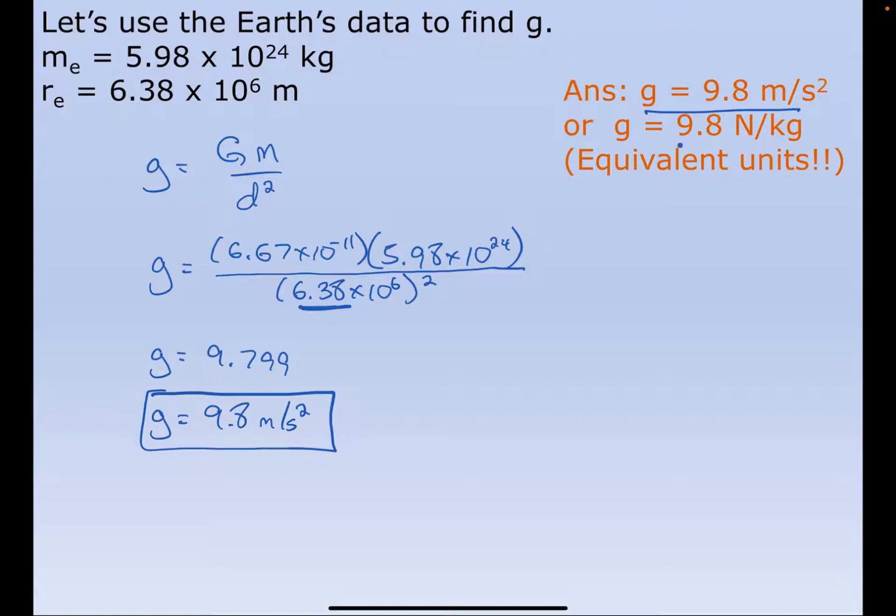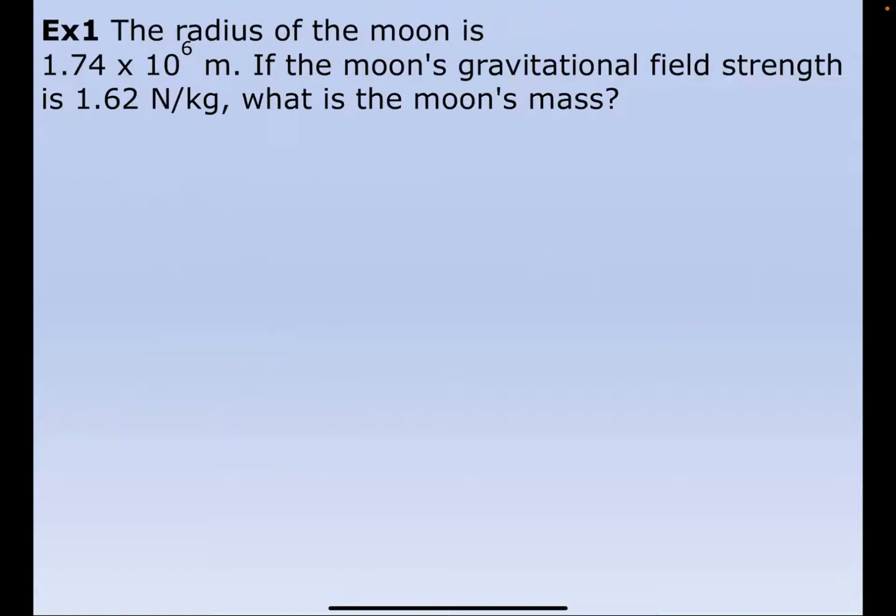There's equivalent units as well. I should mention this. Sometimes you'll see little g given in newtons per kilogram. They are equivalent units. Okay, so if I was to talk through this just quickly, we know that force is equal to mass times acceleration. Mass is measured in kilograms, acceleration is measured in meters per second squared, and force then, we give that the unit